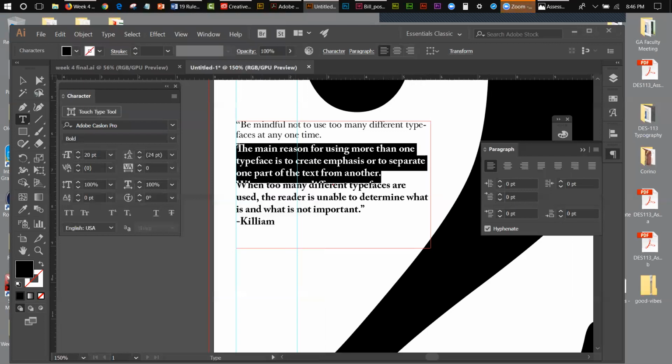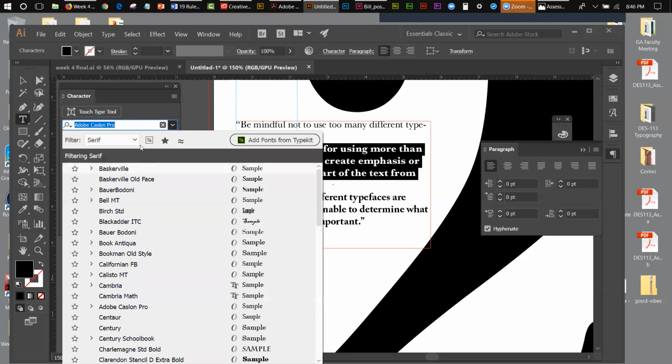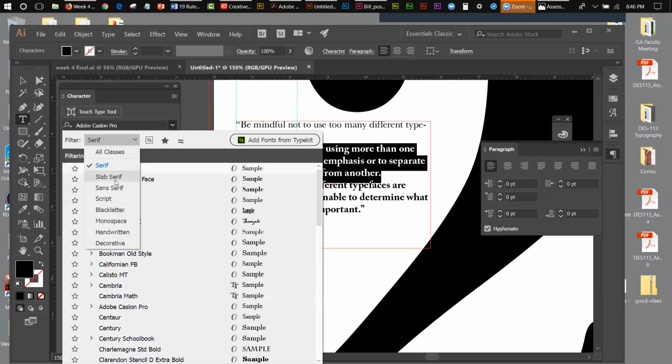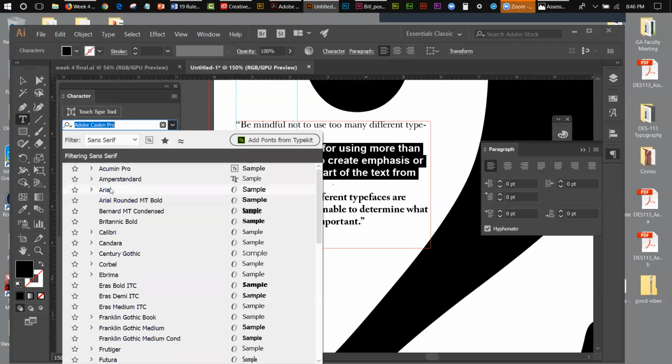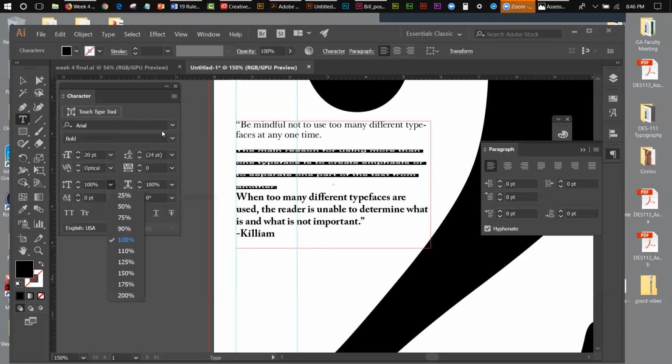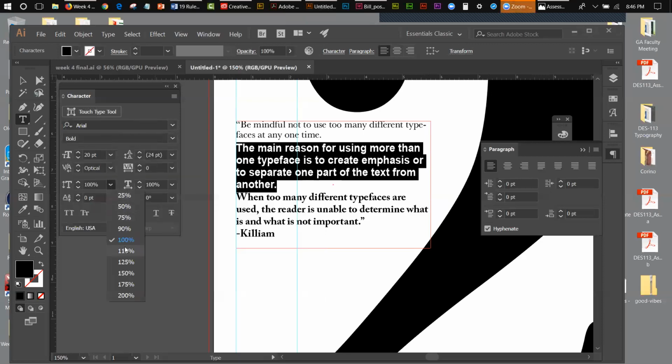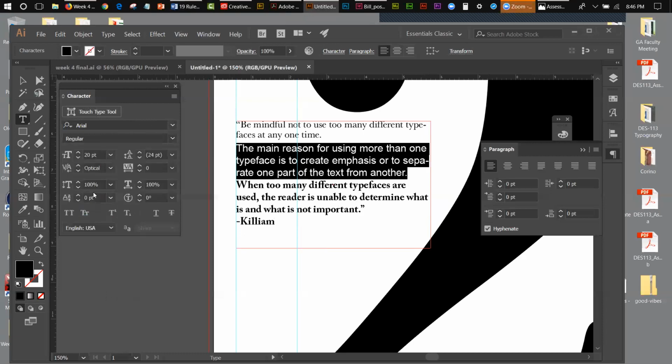So now I'm going to select the second paragraph. Paragraph 2 was Arial. So that's actually a sans serif. So I'm going to come and get the sans serif, and there's Arial. And it's going to be, whoops, I didn't want that at all. I want to go Arial. I want to go regular. Arial regular. There we go. And Arial regular,